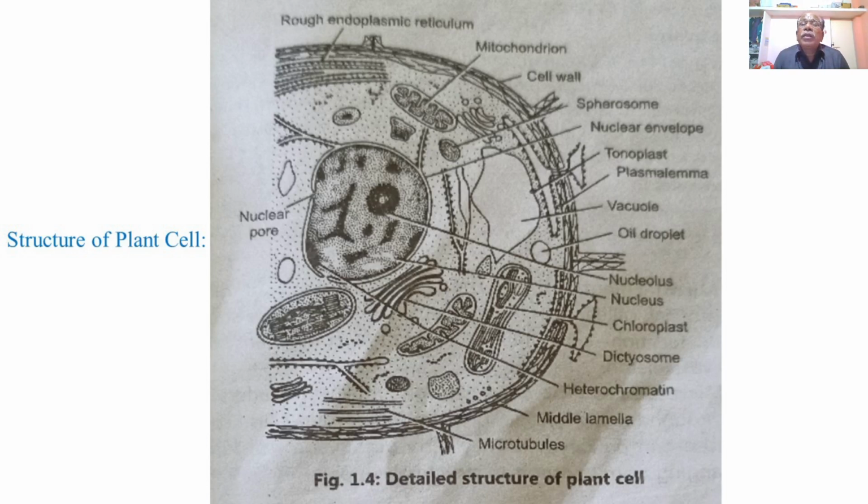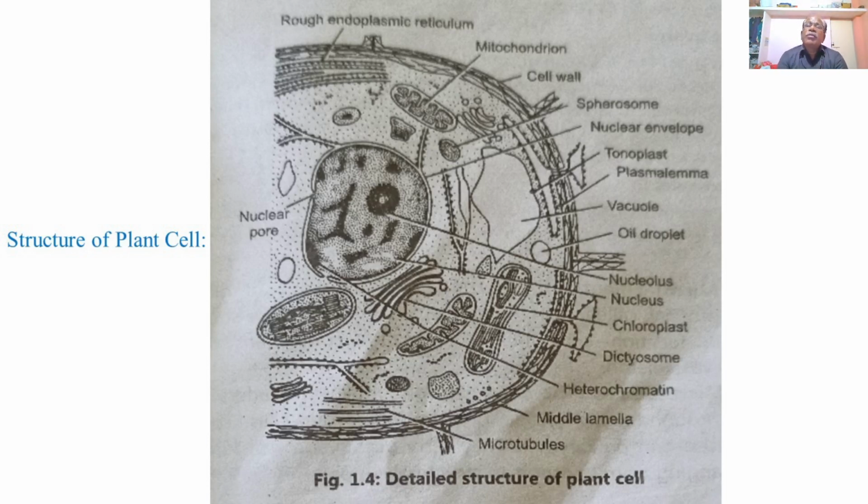The plant cells have a much larger size, representing the outermost covering, that is the cell wall composed of cellulose, then just inside to which there is a plasma membrane or cell membrane consisting of a lipid bilayer or lipoprotein layer,